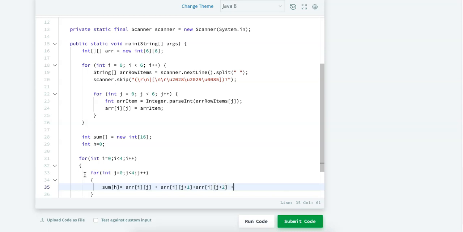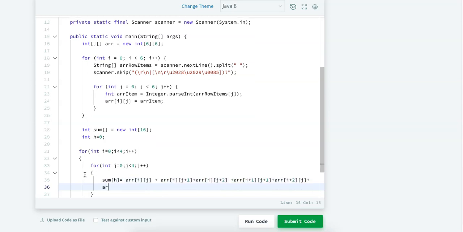That's it. Then we have to jump to the next row, that is arr[i+1], and we have to take the second column. Then we have to jump to the third row, which would be arr[i+2] and the first column. So that will be j plus arr again the third row and the second element of that column, and in the last we have to take the third column.